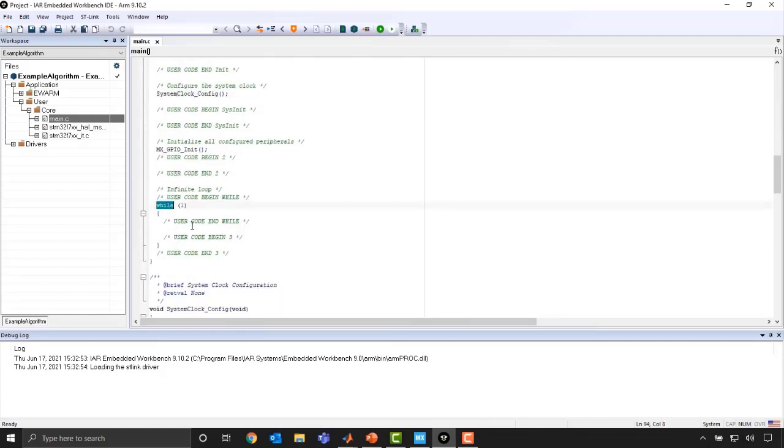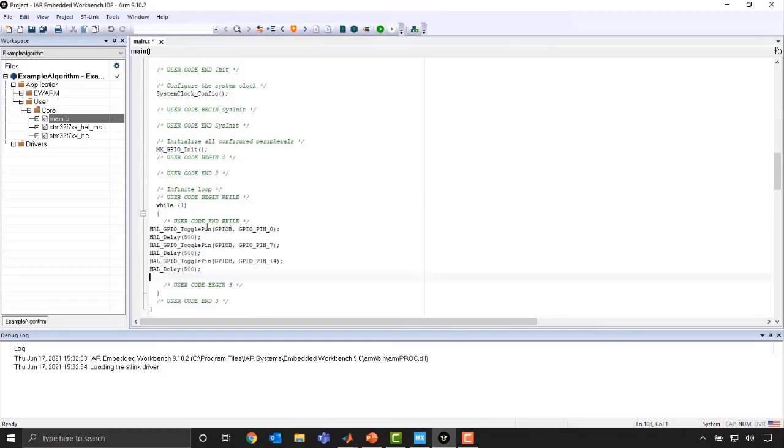Now, what we could start to do is just put in some example code here. I have this in my clipboard, which is going to just trigger these pins that we've configured, 0, 7, and 14. We're going to trigger them on and off with a fixed delay rate of 500. We could then make this and then deploy it to the board. This is, of course, now going to be fixed, right? We're not actually going to have that sinusoidal variance, right? We just kind of hard-coded this.